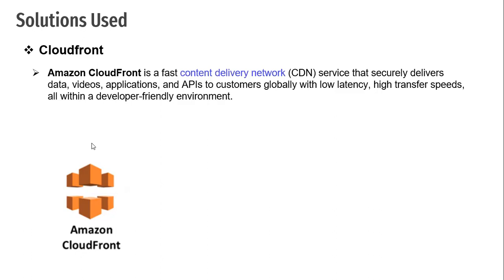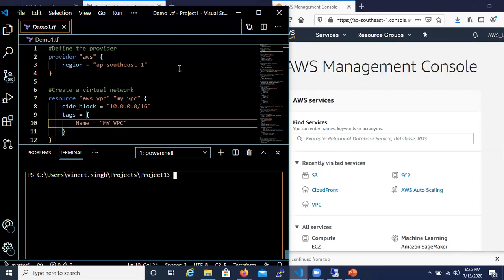So now that we have got a pretty basic idea of the various solutions that we are going to use, let's jump into writing the code for this specific solution. In order to deploy this solution, I have written code which is almost 250 plus lines, but do not worry about that. If I can write it, you can write it as well. And the best part is it is really very, very simple.